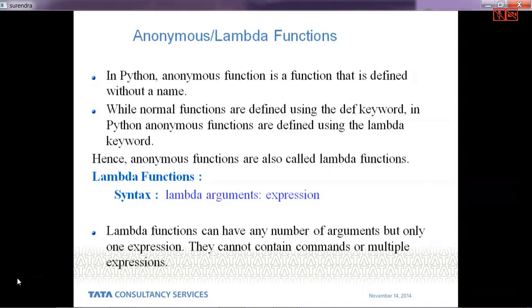Now, anonymous means the function having no name. The function which has no name is called the anonymous function. In Python, an anonymous function is a function that is defined without a name. While normal functions are defined using the def keyword, in Python anonymous functions are defined using the lambda keyword. The difference between these two is